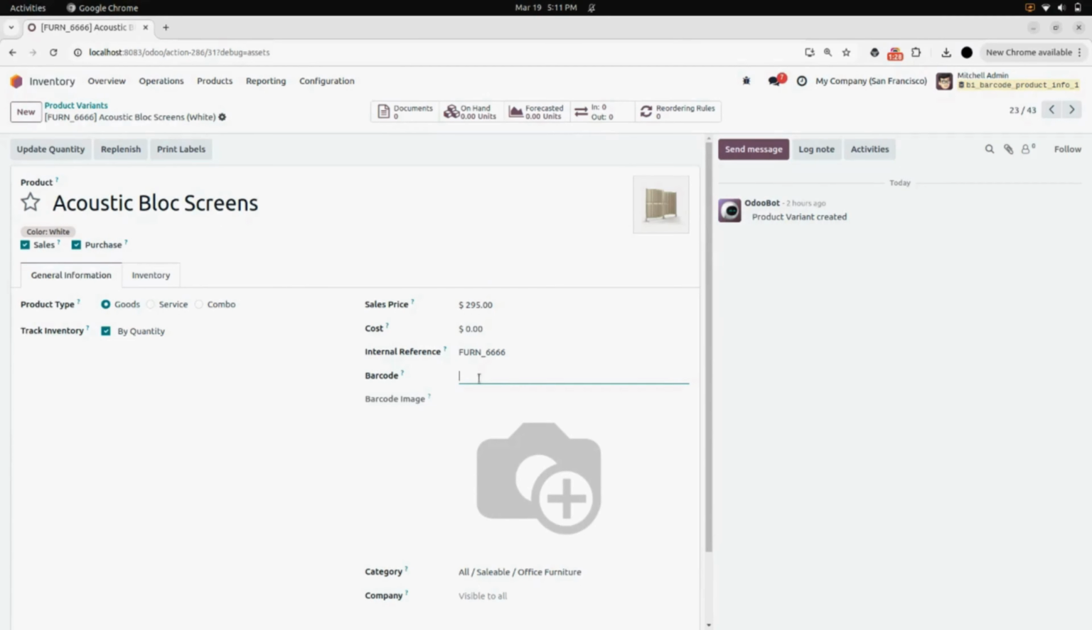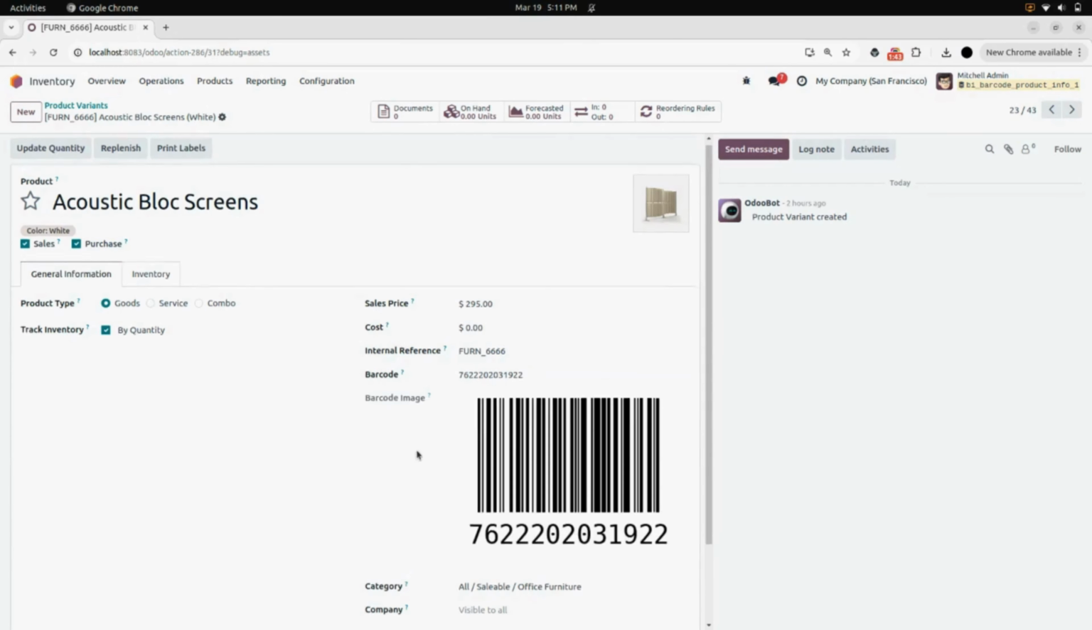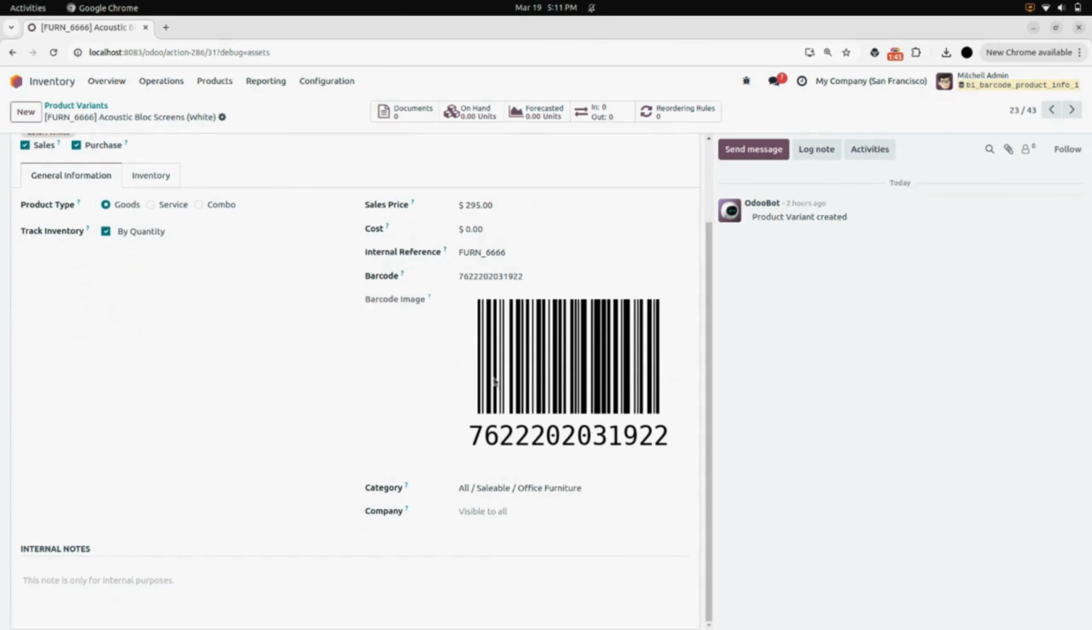So now I am going to scan my product. And you can see a barcode is updated in the barcode field. Now for the barcode image, you need to save this product first. As you can see, after saving the product, a barcode image is created with the barcode number